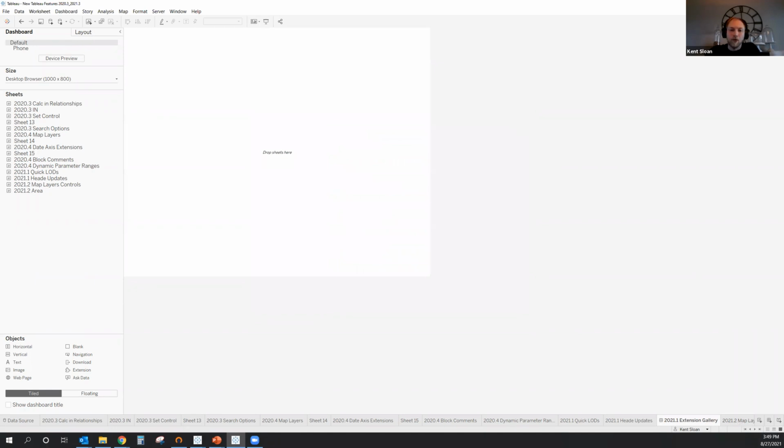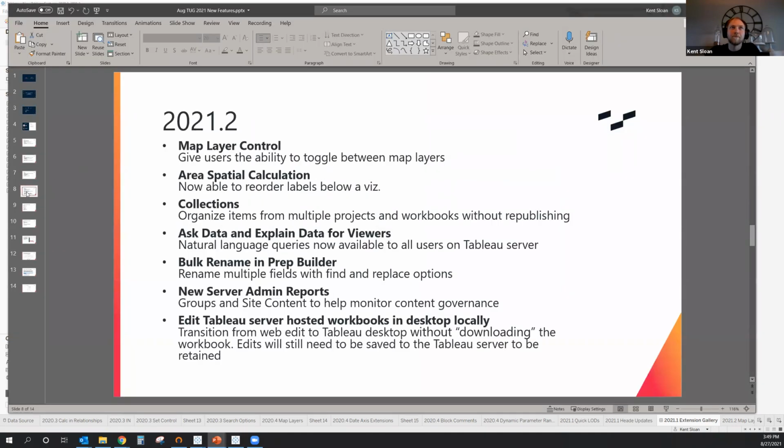And then the last, I'll jump back to my slide deck. So that was 2021.1. 2021.2 added in several more. The first one, which Sean pointed out earlier, since I'm in 2021.2 currently as my demo workbook, is map layer control. So now what we're able to do is actually turn on and off which layers are displayed, and we can make that available to the end users. So the end user who is consuming the report will have the option to decide which layers they want displayed at a point in time if they want to adjust their dashboard as far as how they see it.